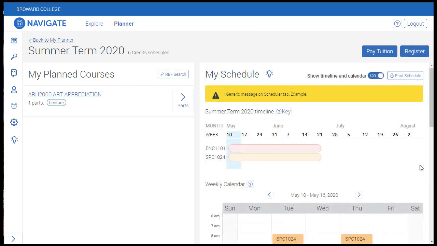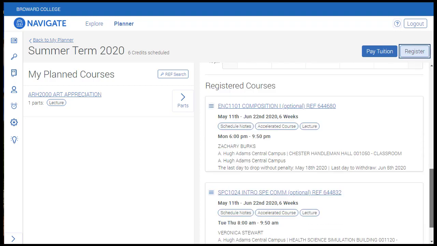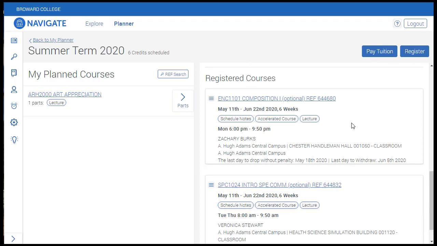In addition to registering for courses, you can also drop and withdraw from courses from your scheduler page. In order to do that, you can scroll down past your calendar to this section called Registered Courses. This section was called Planned Courses before you hit the Register button. To drop a course, you would click the Actions button on the Course section dialog box and select Drop. Once the drop with